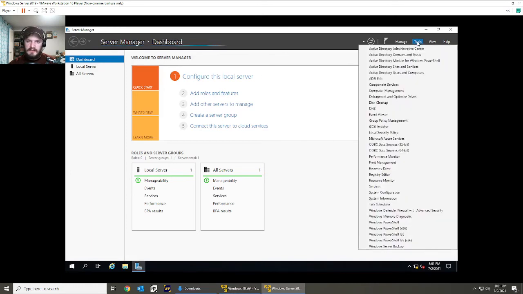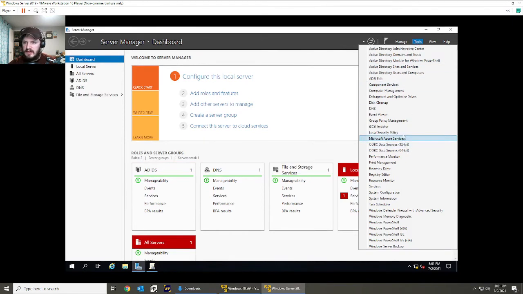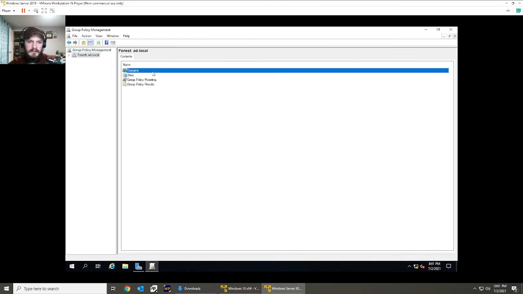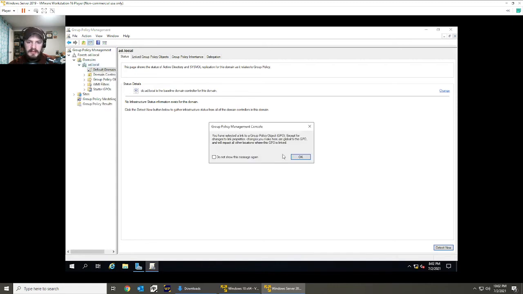Now, by default, right now at the time of this filming, MesaSuite's default passwords when you create users are pretty much a GUID, and that doesn't meet Windows complexity requirements. So we're going to go ahead and turn off Windows complexity requirements. So the bit that I just went to there was under Tools, and then I went to Group Policy Management. Then here we're going to go into the forest, to the domain, AD local, and then here I'm going to go to default domain policy,